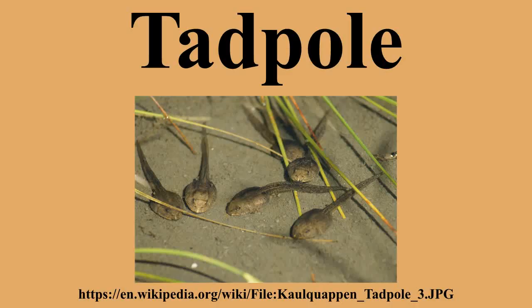A tadpole is the larval stage in the life cycle of an amphibian, particularly that of a frog or toad. They are usually wholly aquatic, though some species have tadpoles that are terrestrial. When first hatched from the egg, they have a more or less globular body, a laterally compressed tail and internal or external gills. As they grow, they undergo metamorphosis, during which process they grow limbs, develop lungs and reabsorb the